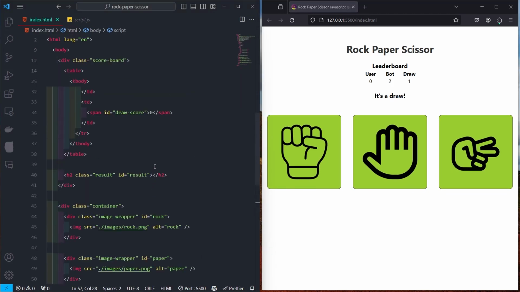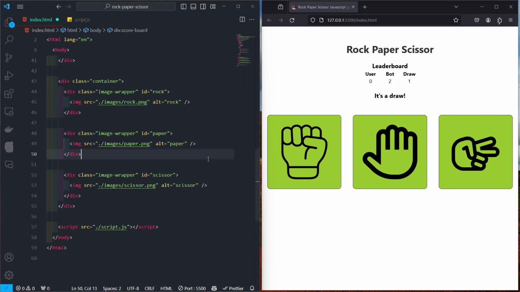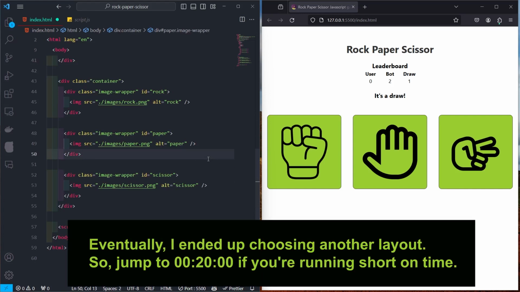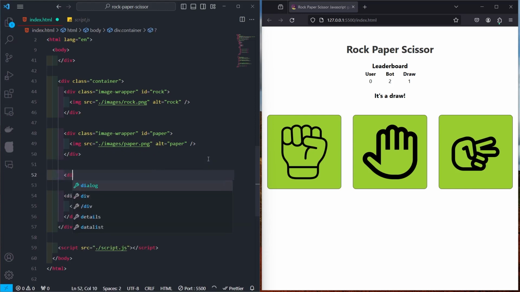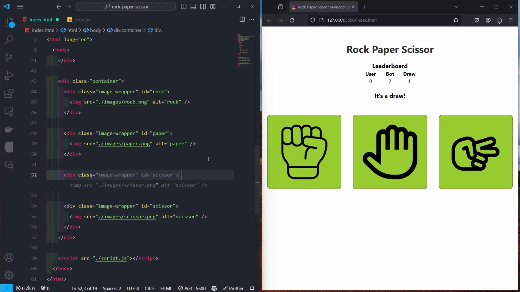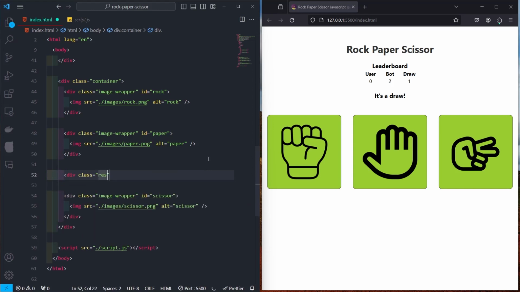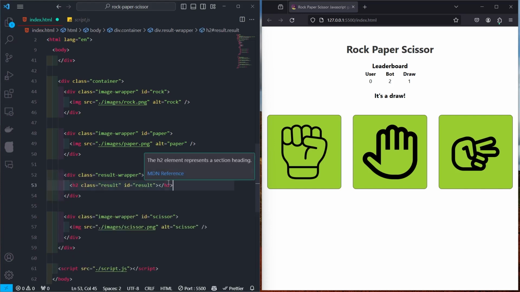Basically, I want to remove this result from here and have a real thing right here. It's not going to be the image wrapper, but rather I'll have another div in here. The class will be, instead of image wrapper, a result wrapper or something like that. This will contain this thing. And what I'll have in here, result wrapper, copy that, and this will have